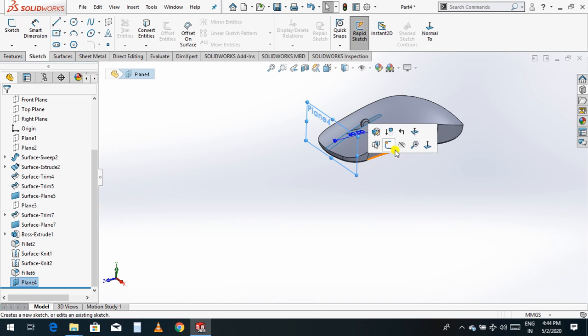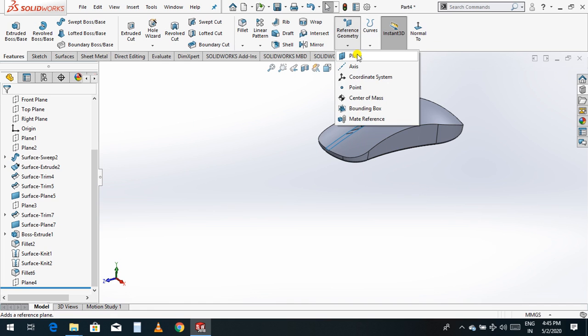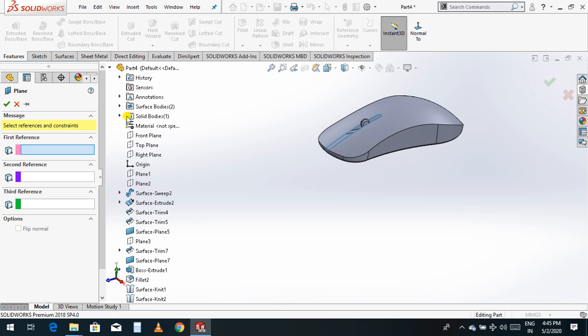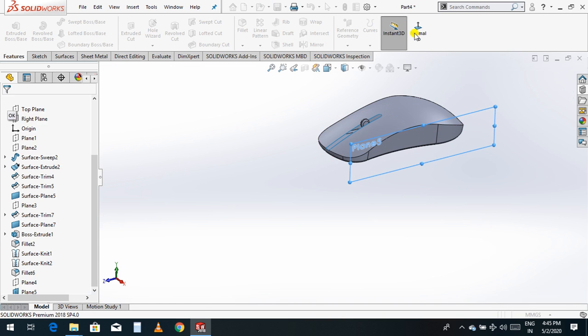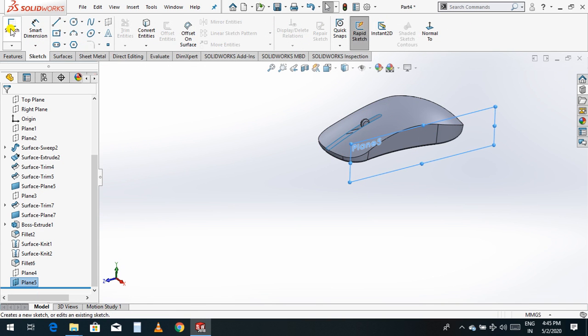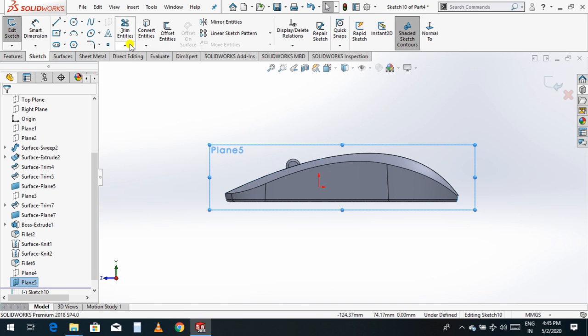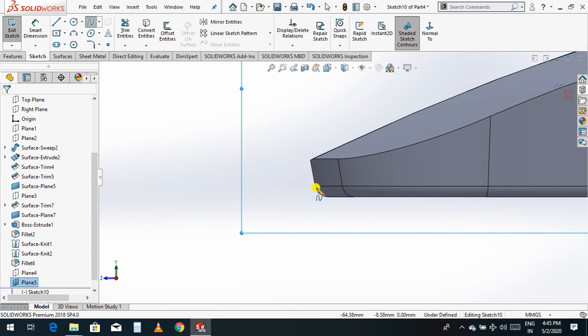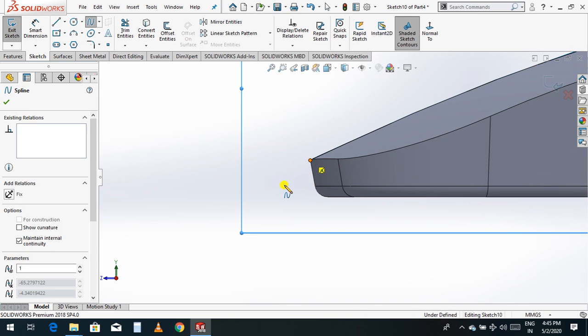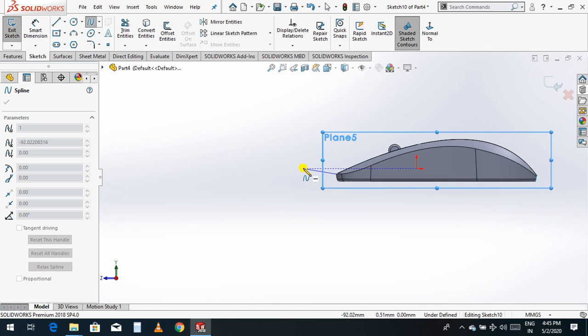Hide this one. Now you choose the feature, reference geometry, and select the right plane. Sketch, go to sketch, normal. Now take the spline. Like this.